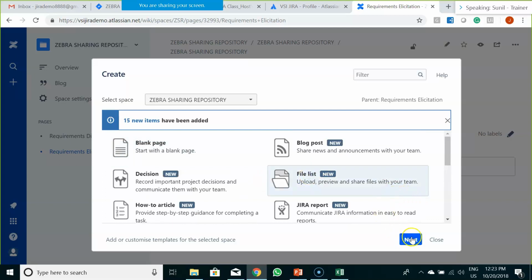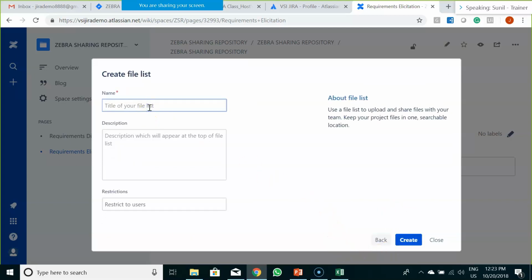For example, if you create a file list, you have to write a name for that file list, like requirement analysis documentation, and you can write a description like, this is the approved and signed off copy repository for our requirements documentation.